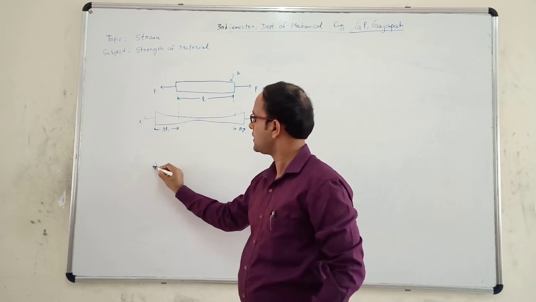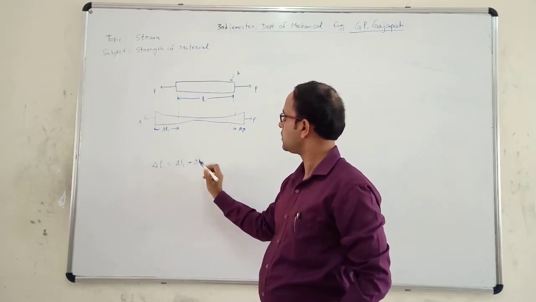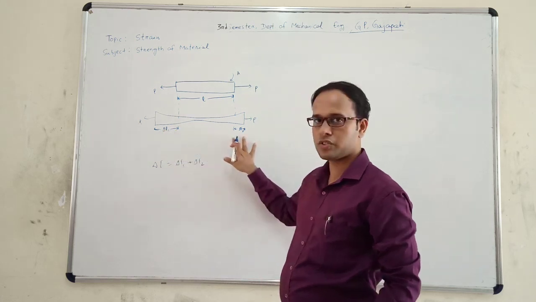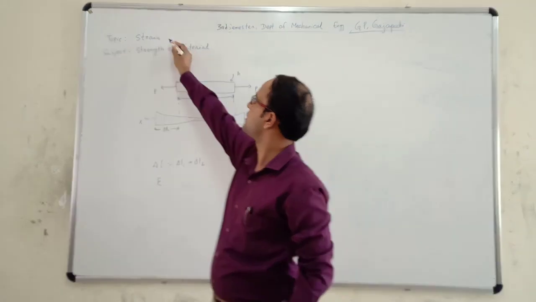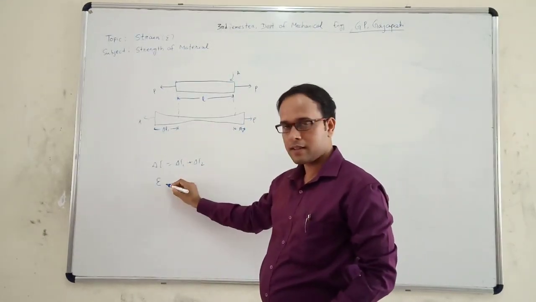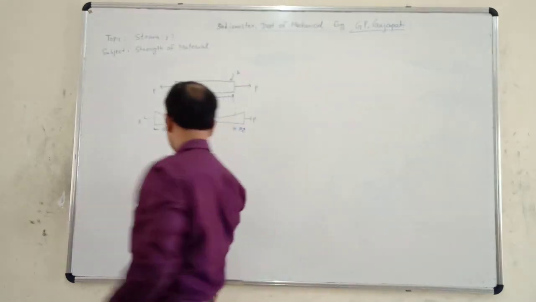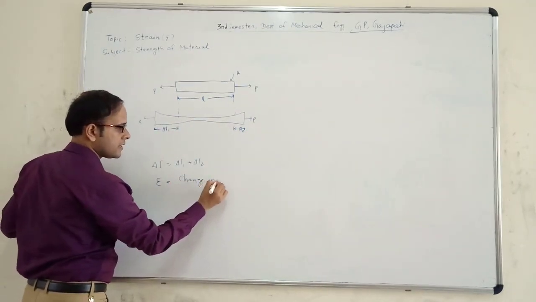So what is the total change in length? Delta L1 plus delta L2, this much plus this much. So what is strain? Strain is represented as epsilon. So epsilon is nothing but change in length